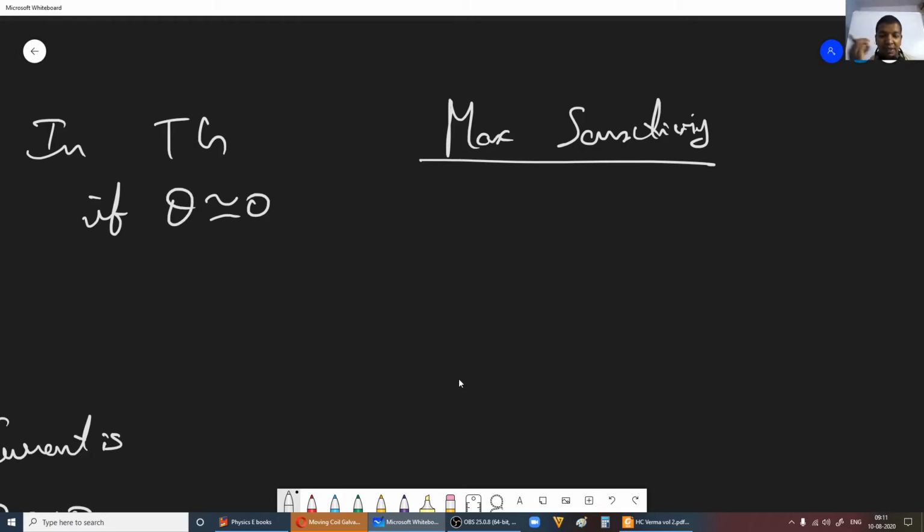Okay, so 1 degree it is, fine. Even if it shows 1 degree, don't you think it will be quite difficult to calculate by putting it into that expression, I is equal to k tan theta? So therefore, for a tangent galvanometer, we define sensitivity in a slightly different way.